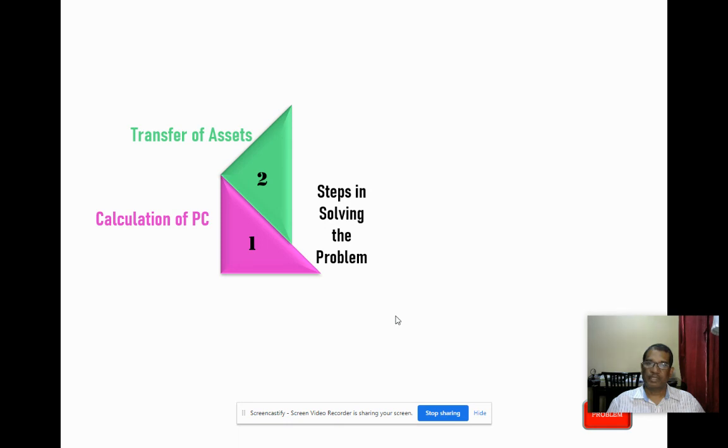Now we will go to step number 3, which is transfer of liabilities. So far as liabilities of the vendor company are concerned, again there are three rules. Rule number 1, all third party liabilities are credited to the realization account at book value. Rule number 2, equity share capital is transferred to the credit side of equity shareholders account. And rule number 3, all profits and accumulated profits, such as profit and loss account, general reserve, reserve fund, etc., are transferred to the credit side of equity shareholders account. So this is our third step.